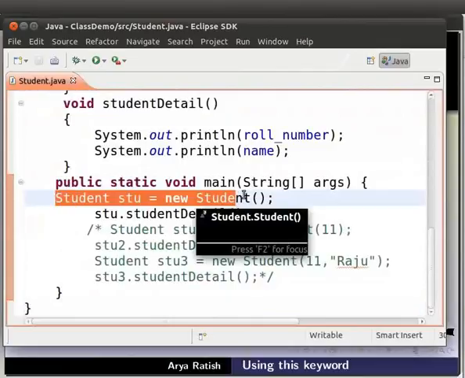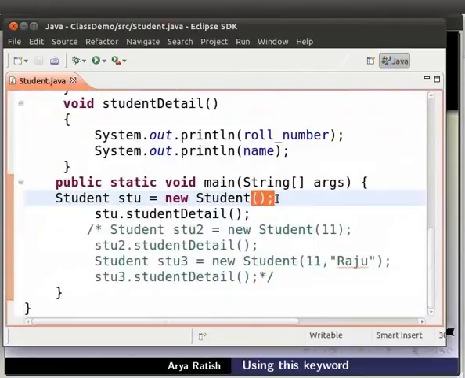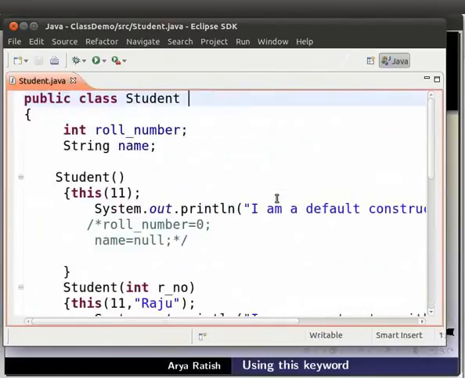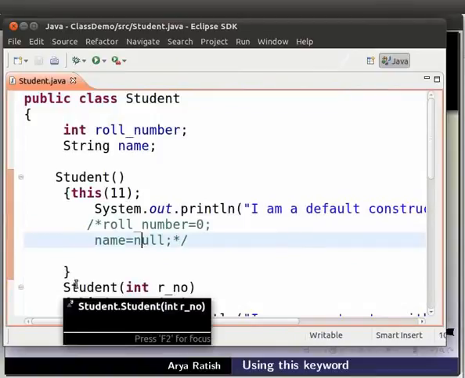The constructor here is a no argument constructor. The control comes to the first line in the constructor. It encounters the this(11) statement. Hence, it calls the constructor that accepts single integer argument.